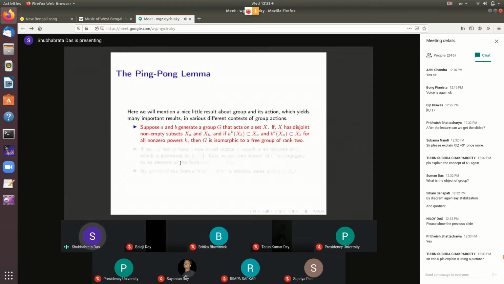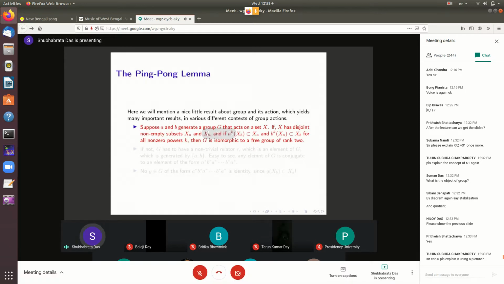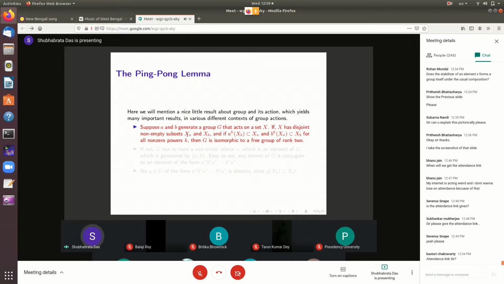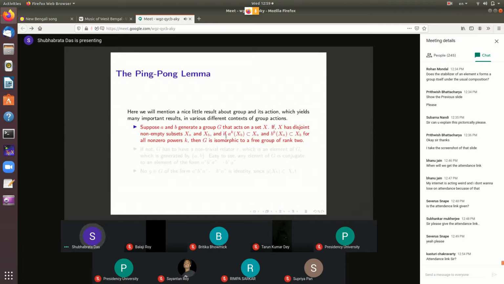So this is called the ping pong lemma, and it is a very nice result. It's a very small result, but it's very useful. Its applications are ubiquitous in geometric group theory. What it says is, suppose you have a group G, which is generated by 2 elements A and B, and the group G is acting on a set X. Now if you have 2 disjoint non-empty sets inside X, one is XA, another is XB, such that any power